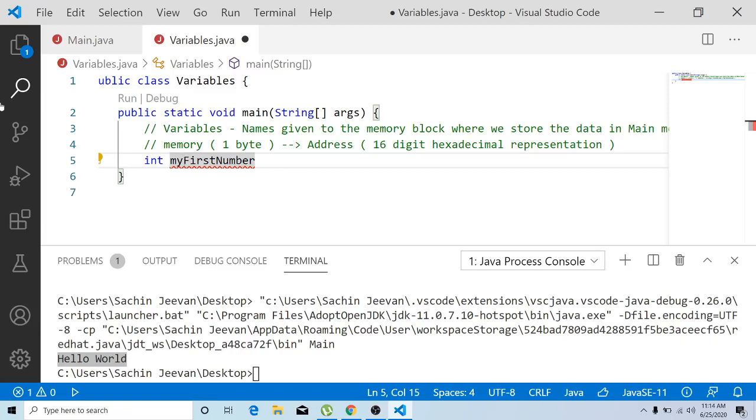So what happens is we generally need to specify the data type for the memory allocation purpose, because when you specify integer, the integer has to take 4 bytes, so I need to allocate 4 bytes for this particular variable. If you specify float, then float will also take 4 bytes, so I need to allocate 4 bytes of memory.